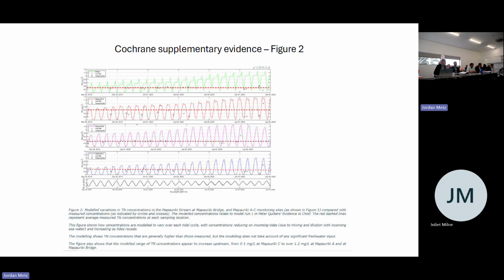I certainly get the concept of increased certainty in consent conditions, but I think that we need to couple that with a high degree of certainty that the trigger levels can prevail and remain relevant over the term of the consent. So with the environment-based community, I know we should be asking these kinds of questions, but I think